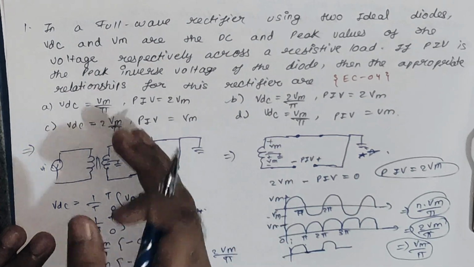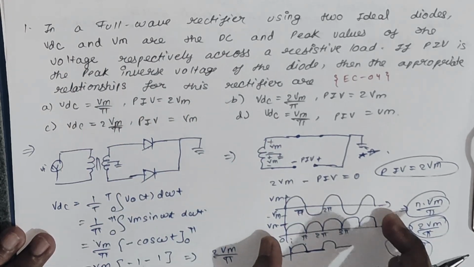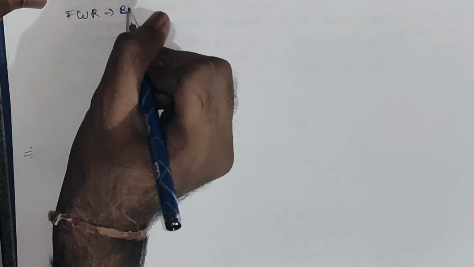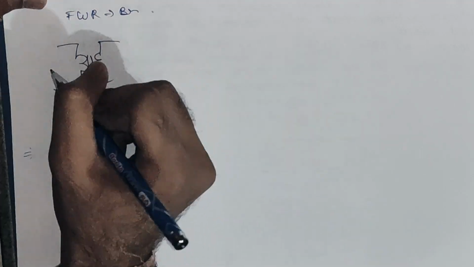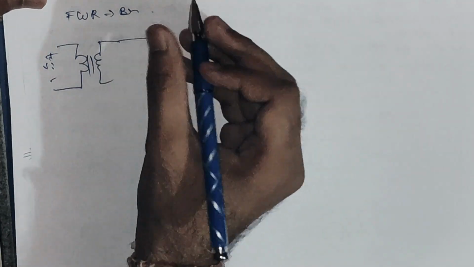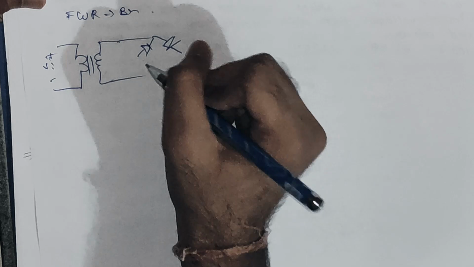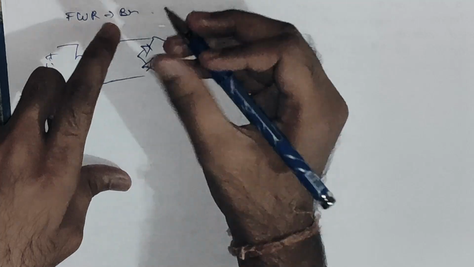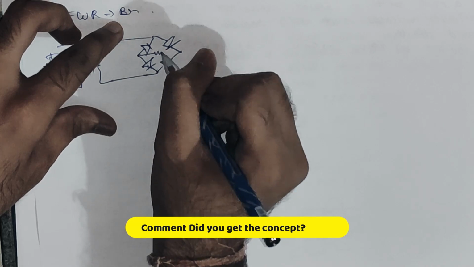It will be the same for full wave bridge rectifier as well as full wave center tapped rectifier, as it is dependent only on the waveform. So the VDC will be the same but the PIV will be different. So let's see that. First let's see the full wave rectifier using a bridge. The circuit will be somewhat like this. This is your transformer, this is your plus minus Vi, and here we will have a bridge. You should note one thing, that these two diodes will be in the same direction and these two diodes will be in the same direction. So this is your bridge and here we will get the output.